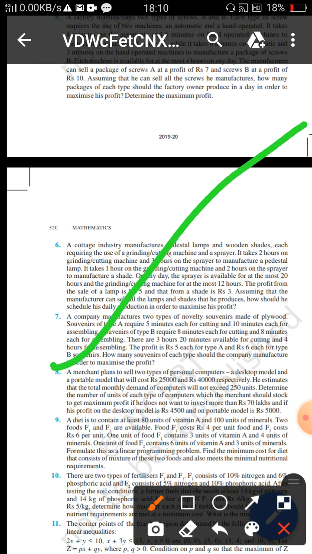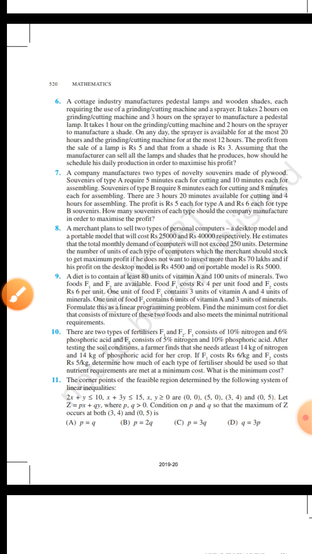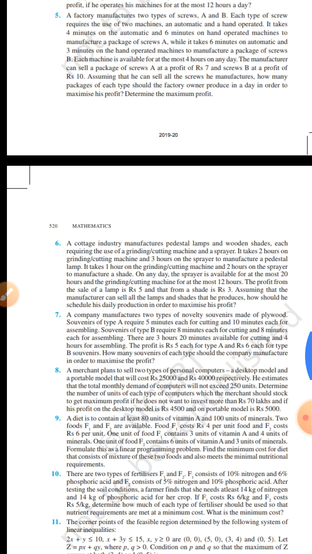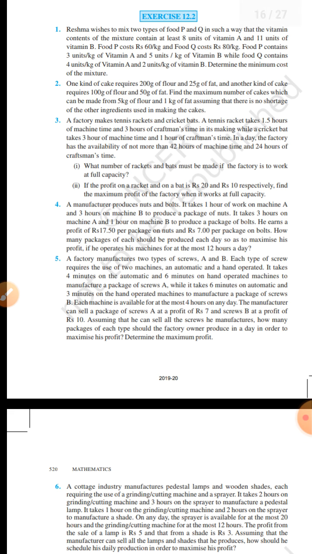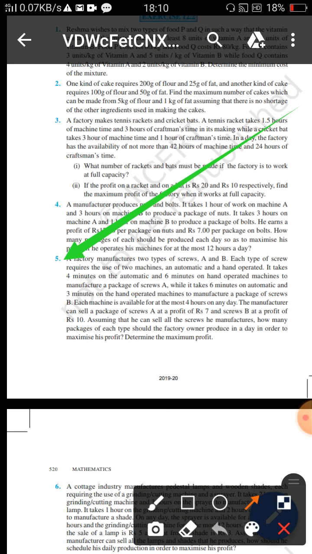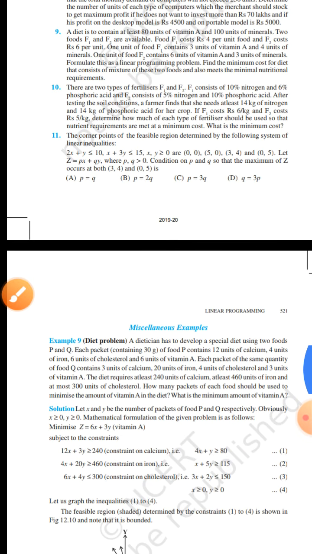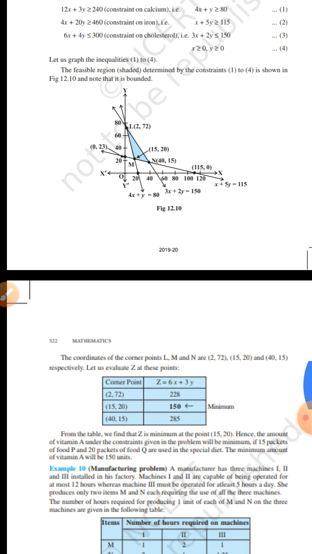So question number 8, question number 9, question number 6 and question number 10. These are some important questions. If you note them down, it will be good in your notebooks. These questions are very important, and it's mostly theory-based, so you have to be careful with this. And the 5th question, mark it. So that's all of this chapter.